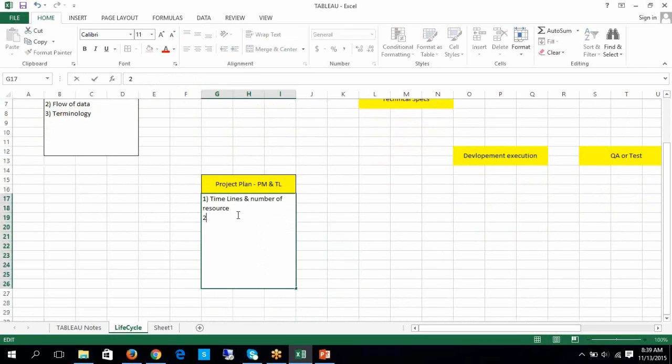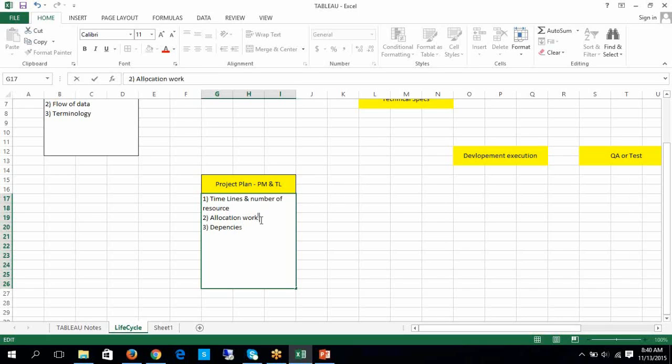Next is allocation of work, isn't it? Yes, allocation of work, and what sort of dependencies you have. Don't you think your project plan will have dependencies, dependent tasks, right? So dependencies,